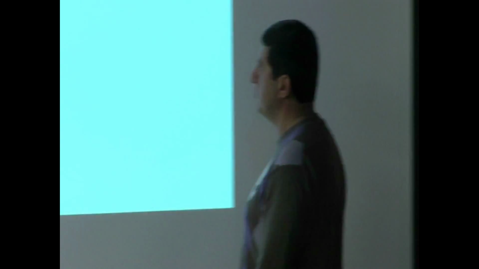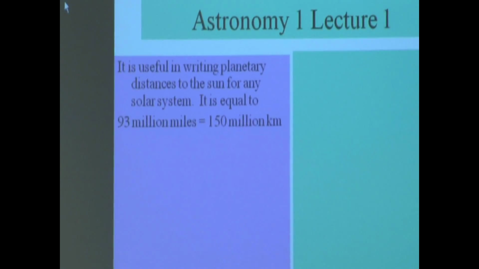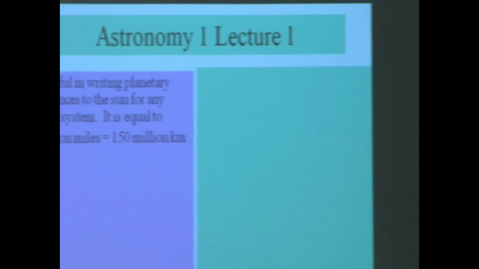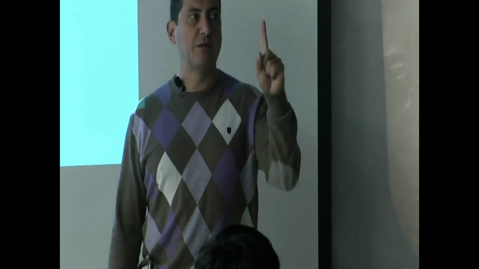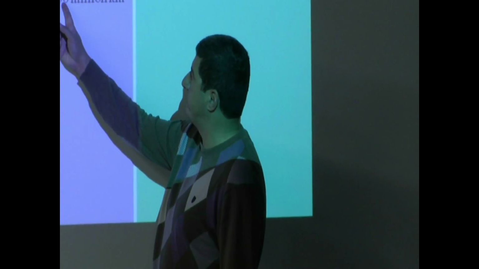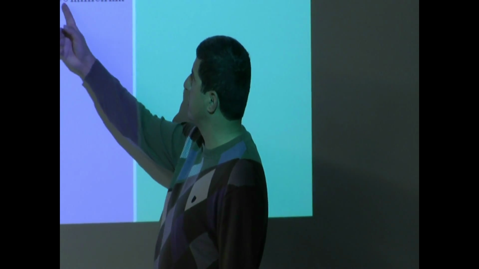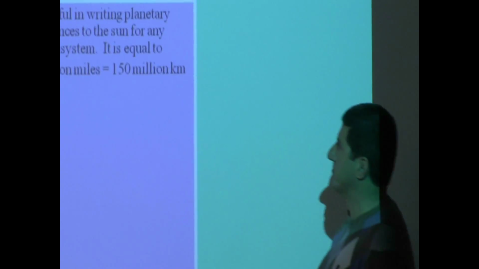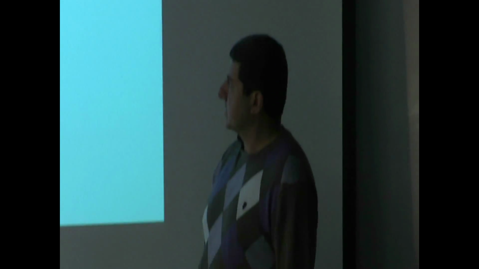Okay, what is 1 AU equal to? Quite a huge distance, right? 93 million miles. Remember on Monday I said 1 mile is 1.6 kilometers. So if you multiply this by 1.6, you get 150. So in terms of kilometers, 150 million kilometers. In terms of miles, 93 million miles. And again, if you want to express this in scientific notation,